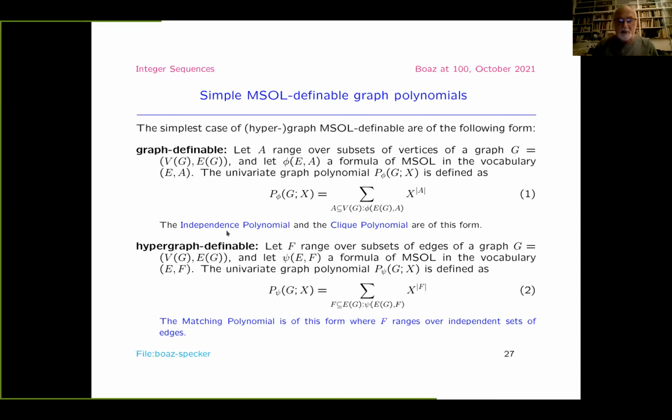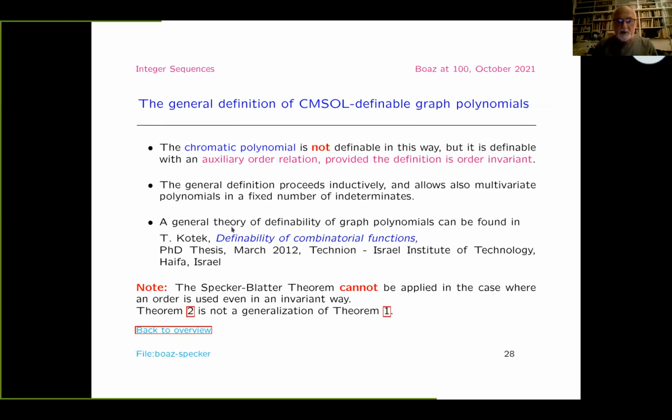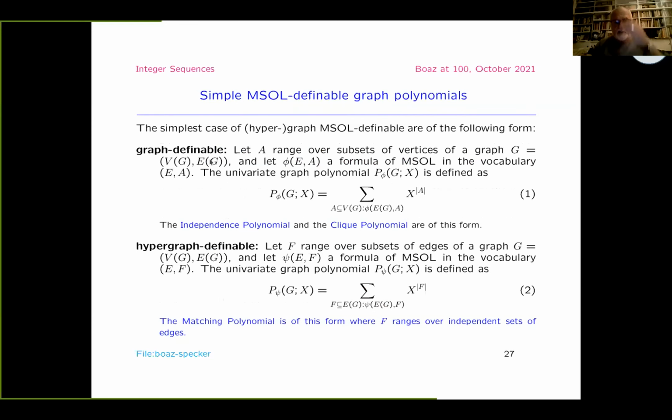The independence polynomial and the clique polynomial can be written in this form. If we want to have it over edge relations, then this is like a hypergraph, and we can do the same. So there are many graph polynomials which are definable in this way,